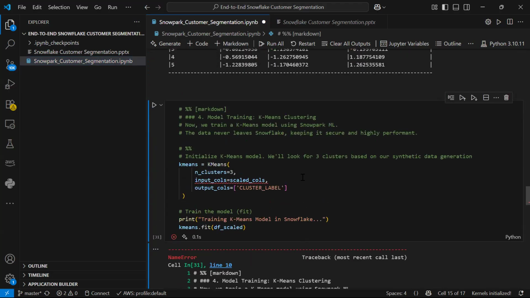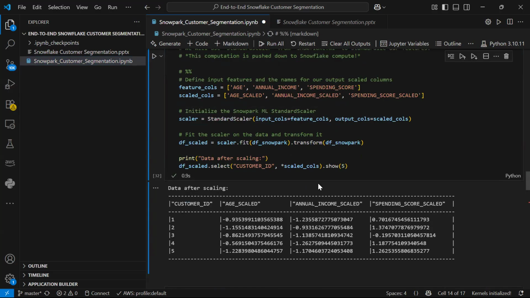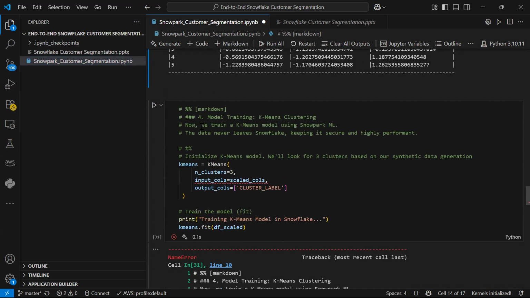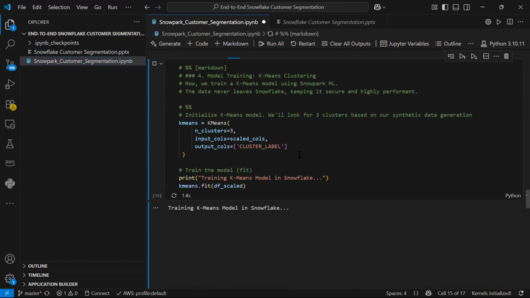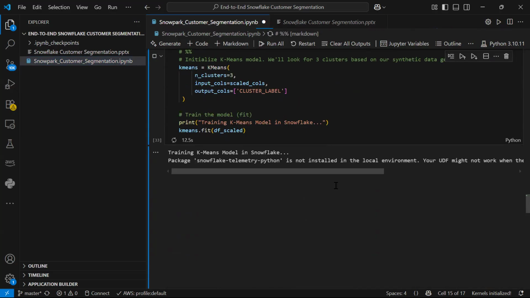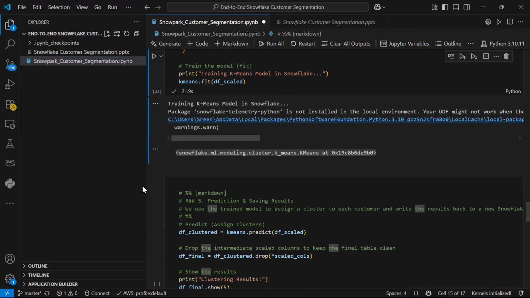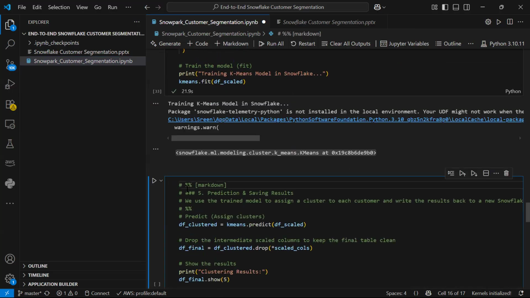Okay, the scaled column is defined. Let us see, it is executing. Not installed now. Okay, it's a warning, not an error, I think. Yeah, it's completed. Maybe that particular Jupyter lab is having some issues.